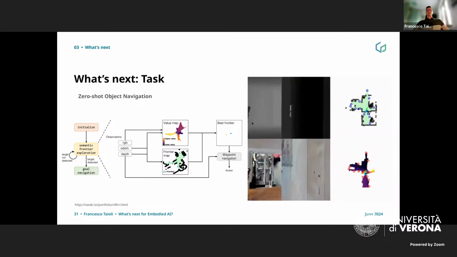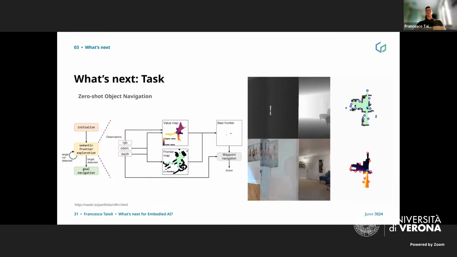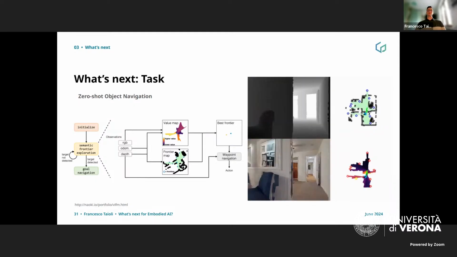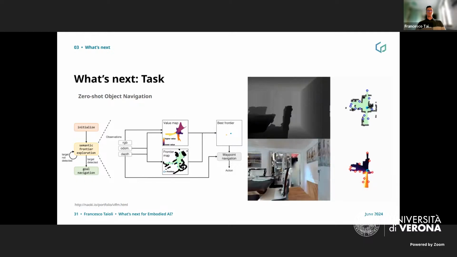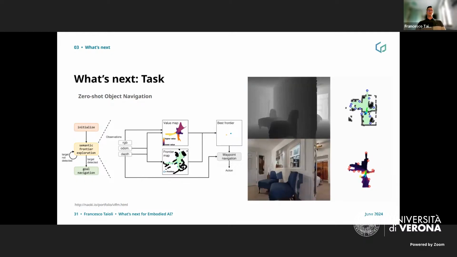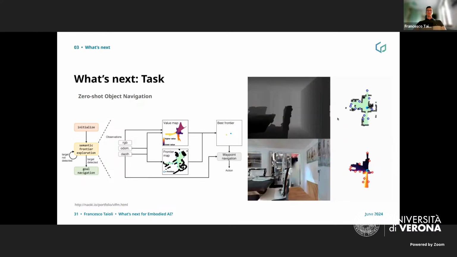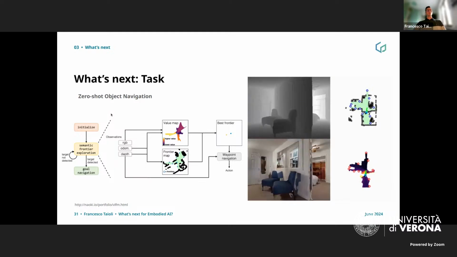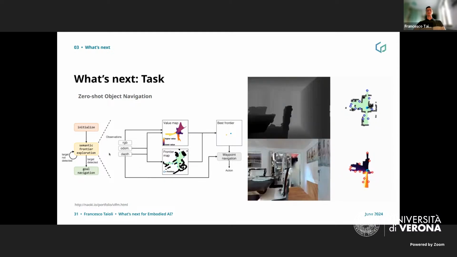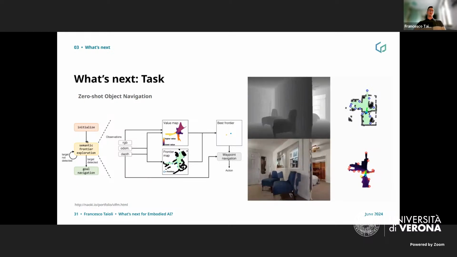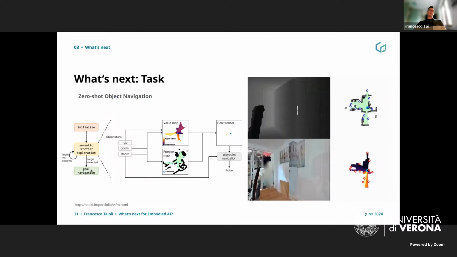Another task is that, as I previously said, object navigation has a closed set of target objects. Now we want to perform object navigation with an open set, so multiple objects, maybe unlimited. We also want to do it in a zero-shot paradigm, okay? This can be done using a very old type of navigation, frontier exploration, from the 80s or the 60s, I don't remember exactly, and improving it with current vision language models, okay? And for example, in this case,